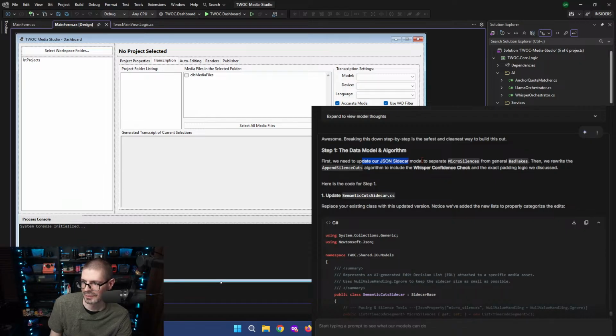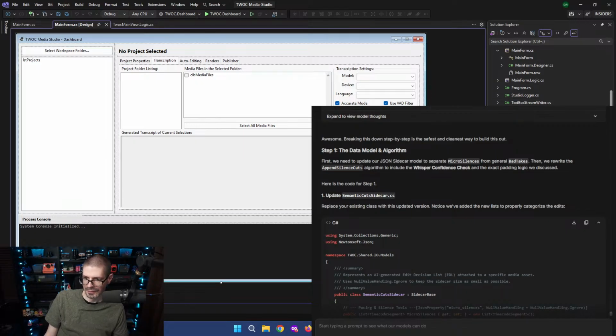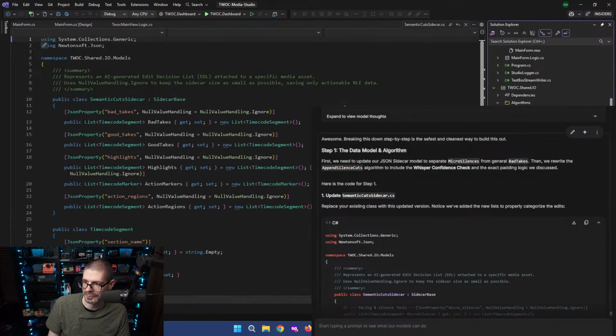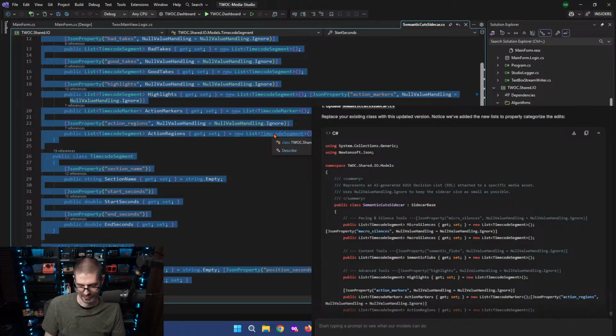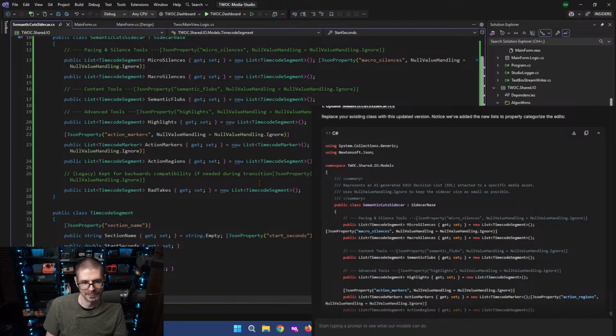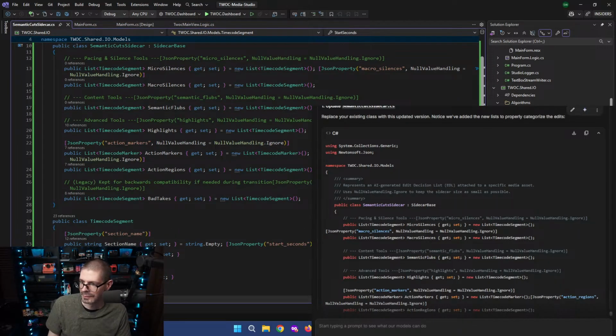First, we need to update the JSON sidecar model. Step 1, semantic cut sidecar. I think it's in here. There we go. It's just a copy paste. Boom. Okay.